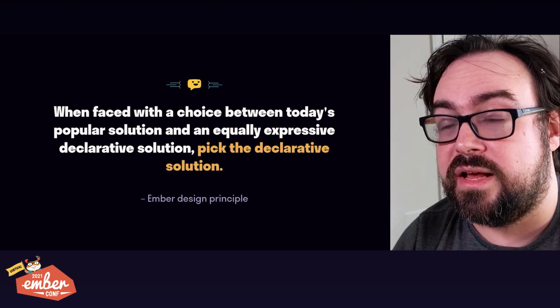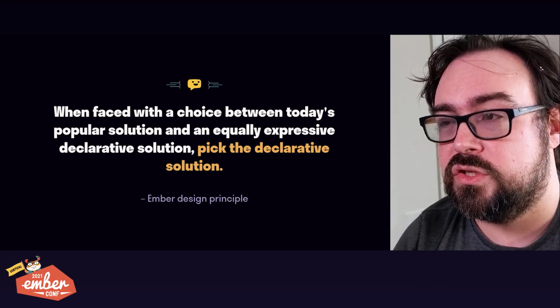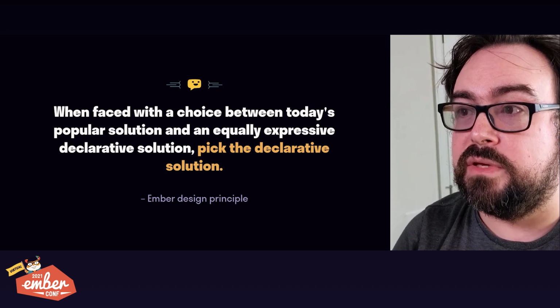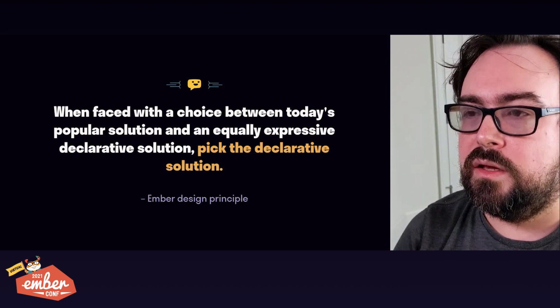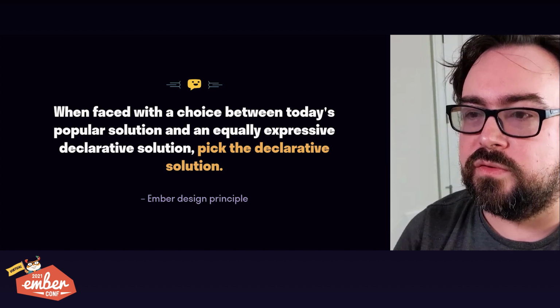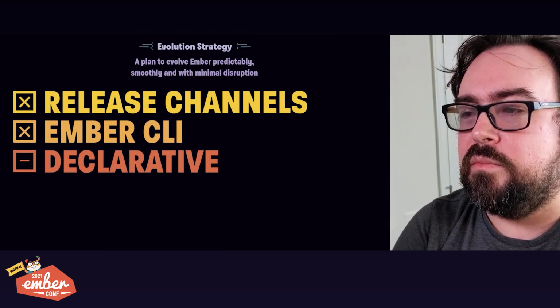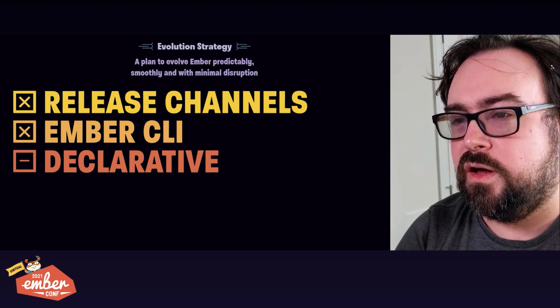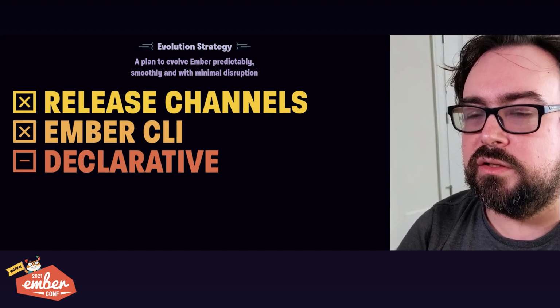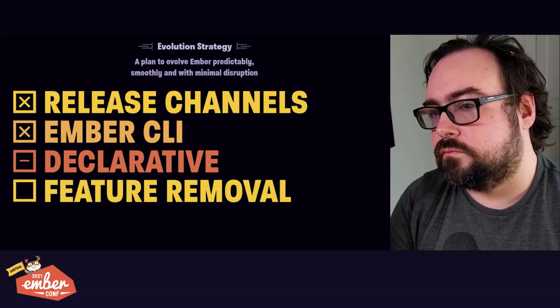That doesn't mean you should over-abstract just to future-proof. The declarative solution has to basically be as good as the popular solution, if not better, and there has to be a meaningful explanation for why we expect change to happen in the medium term. Modules were a pretty good fit for this philosophy. I'm not going to mark this as checked off because I think that there are other aspects to future-proofing other than declarative, but this is a pretty good lead, and it actually served us pretty well over the years.